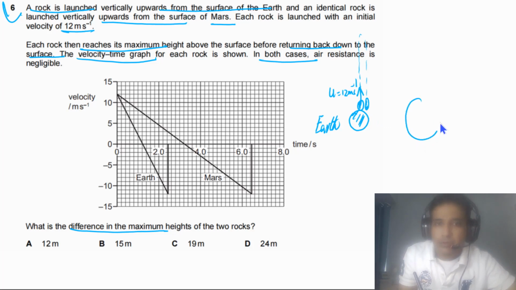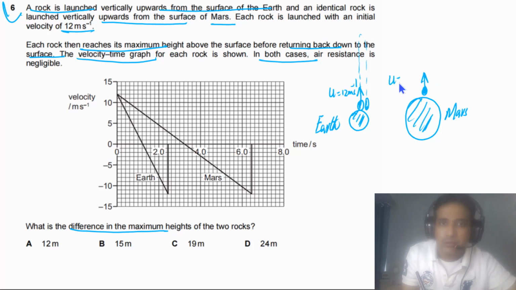We can also assume we have Mars here. So we are standing at the surface of Mars and we throw an identical rock. And the initial velocity of this rock is also 12 meters per second. This rock will also go up and then come back. The maximum height they will reach will be different in these two cases, and we need to find the